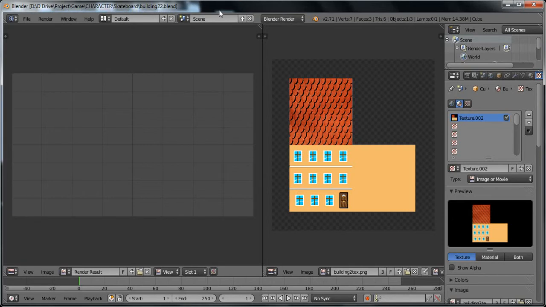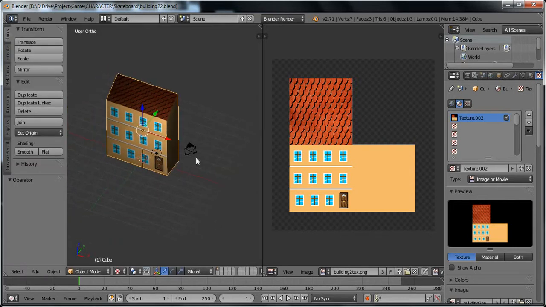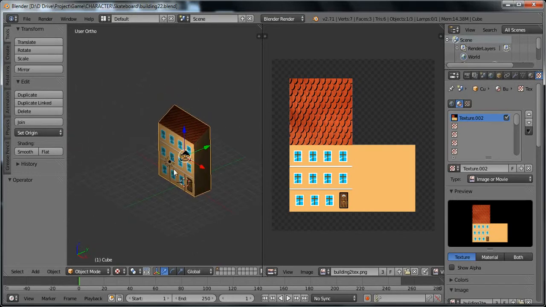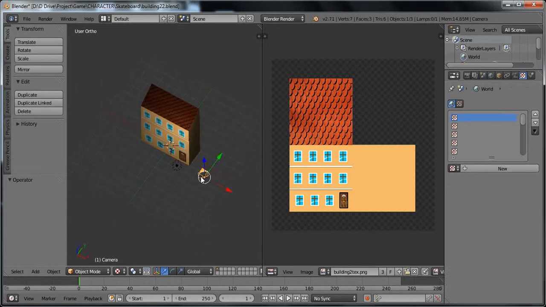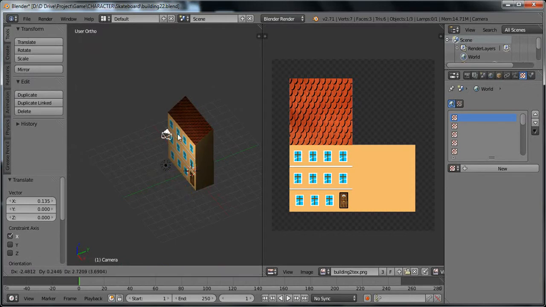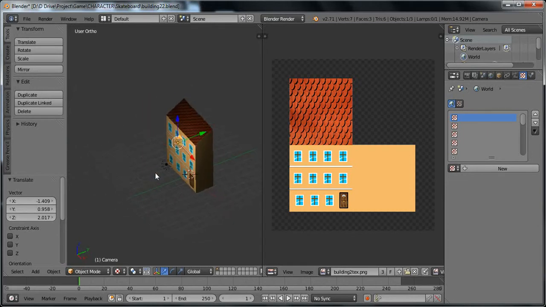Hello YouTube. Now I'm going to show you how to adjust the camera in Blender. I am creating this tutorial because I didn't find any proper tutorial on this camera adjustment. So many people adjust it like this, they just press G and go on adjusting, and everything gets messed up. So I'm showing the proper way to adjust the camera.